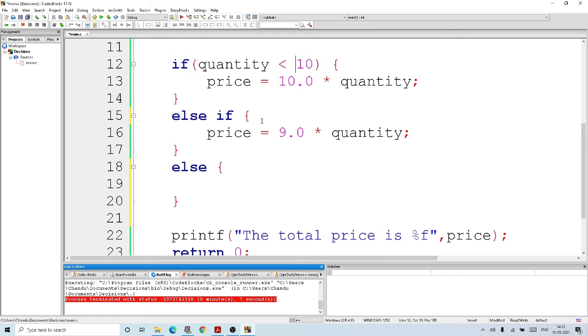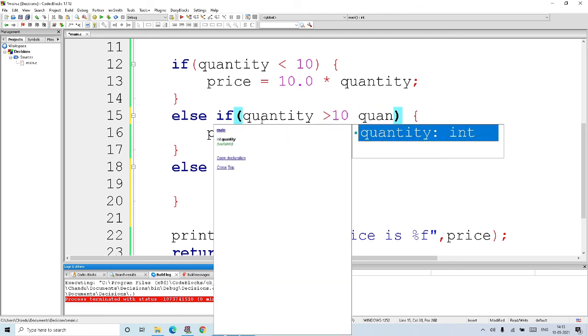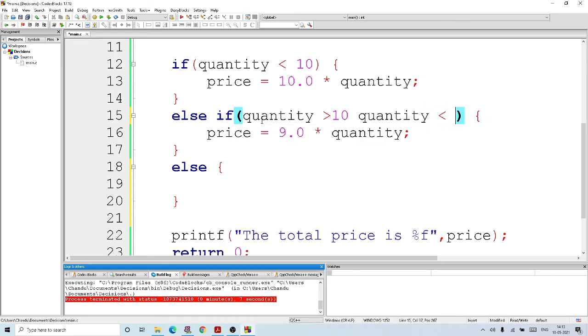So now we can write: if quantity is less than 10, 10 rupees. If quantity is between 10 and 50, that is, quantity is greater than 10 but less than 50, there are two conditions, quantity greater than 10 and quantity less than 50.